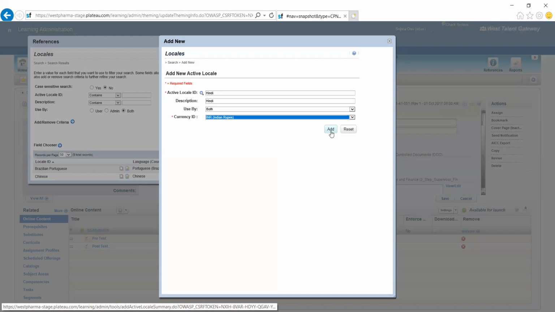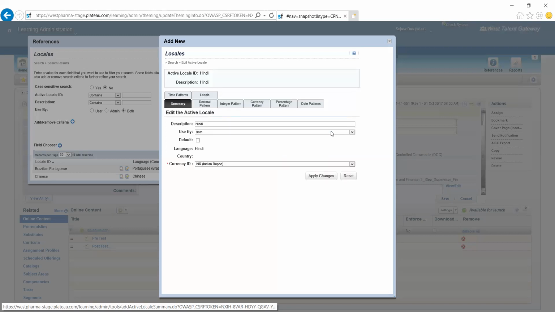Locale means local languages, so you can remember it that way. Like Hindi, I'm choosing here. I can attach Hindi whenever I'm creating any course. The content will not be in Hindi, but at least the text and whatever things are there, you will be able to see them. Whenever I'm choosing a locale, it will ask what you want.